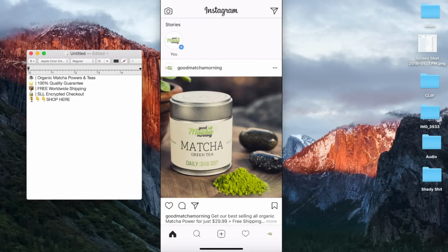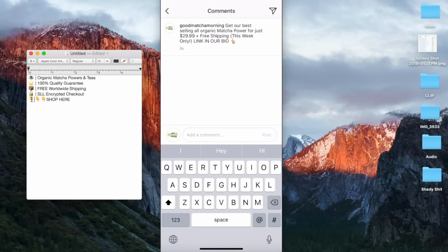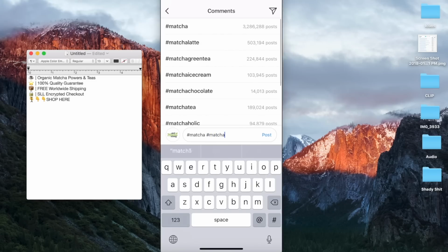Now here's a quick tip. Don't place your hashtags in your captions. You may have heard this before, but do it inside of your first comment on the photo. I know some people have arguments where, oh, it helps them rank better or this, that, or the other thing, but I don't know if that's true. I just do it because it makes your caption seem cleaner. So we'll go matcha powder,